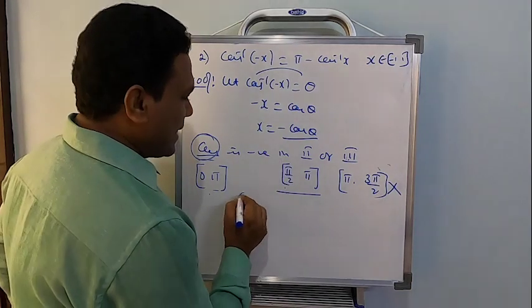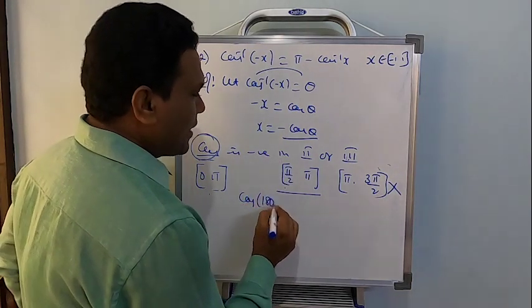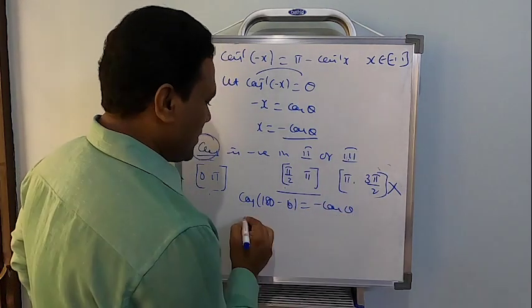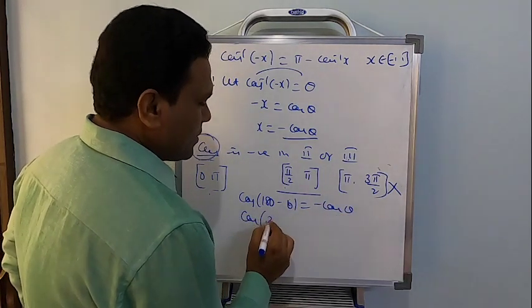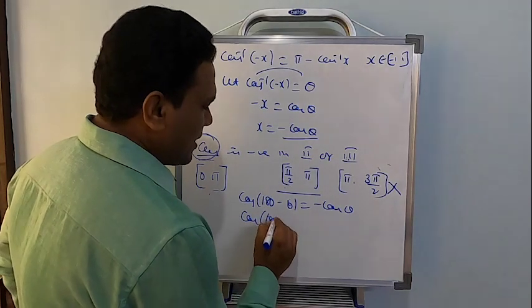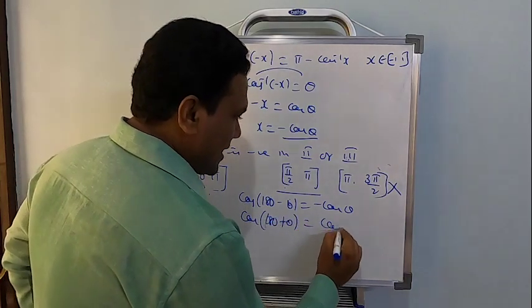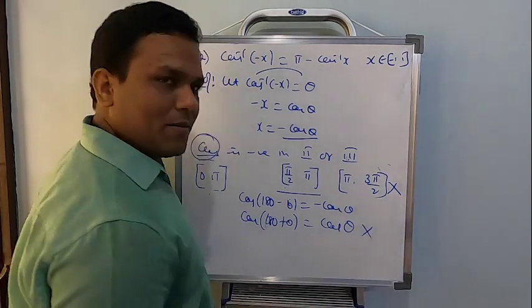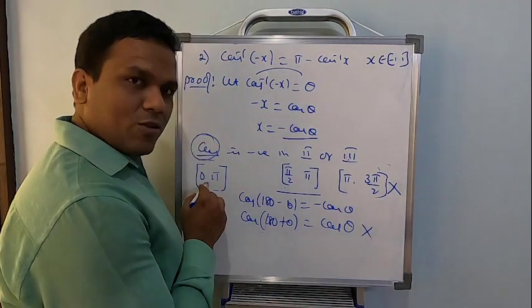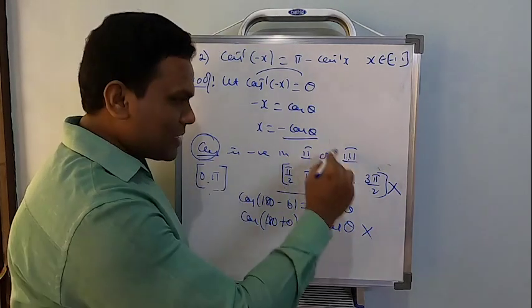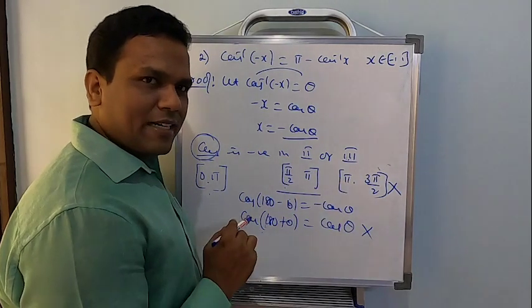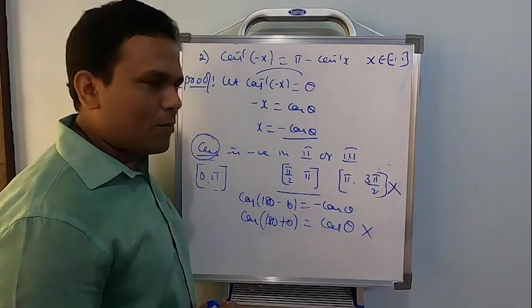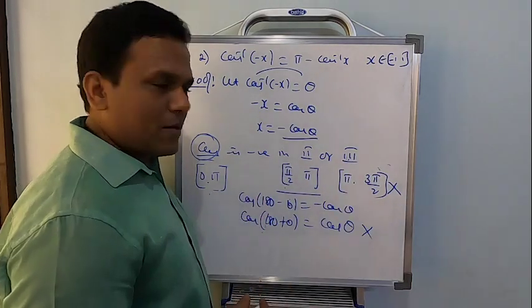So either I can write cos of 180 minus theta is minus cos theta, and cos of 180 plus theta is also minus cos theta. But this should not be considered because this does not satisfy the domain of cos. I hope this time the explanation is clear compared to sine inverse. There I messed up a little bit, space was not there, so I couldn't explain properly. So this is how it should be considered.